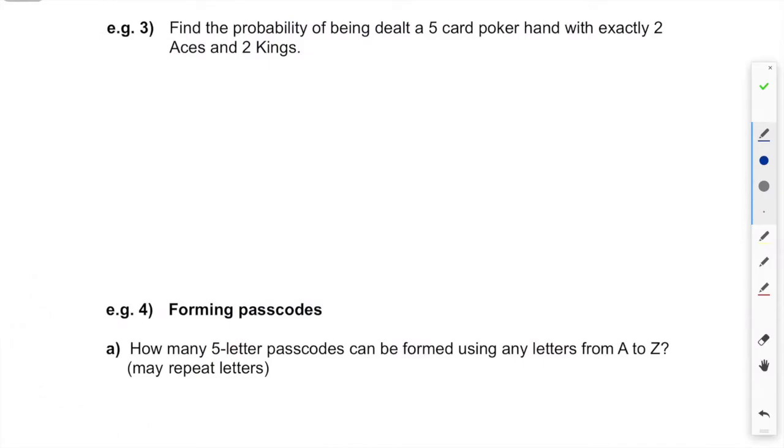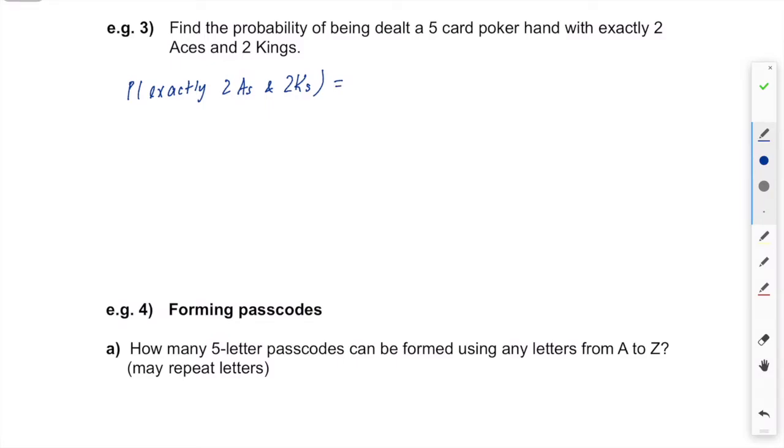Here is question number 3. Find the probability of being dealt a 5-card poker hand with exactly 2 aces and 2 kings. Remember that we are going to assume that we are using a standard deck of 52 cards with no jokers. So to get exactly 2 aces and 2 kings,